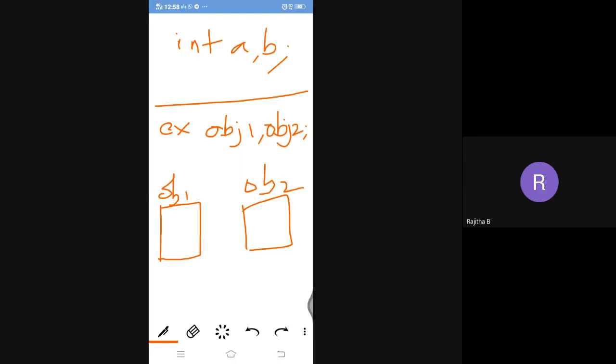And what does obj1 consist of? The class data members. So what are the class data members? A and B. So obj1 consists of class data members A and B, and obj2 consists of class data members A and B. Like this, the memory will be allocated. Is this clear, everyone? When you create the objects, memory will be allocated separately for obj1 and obj2.